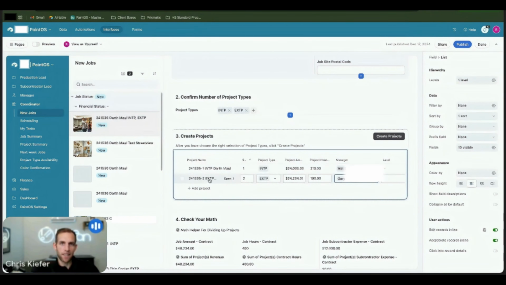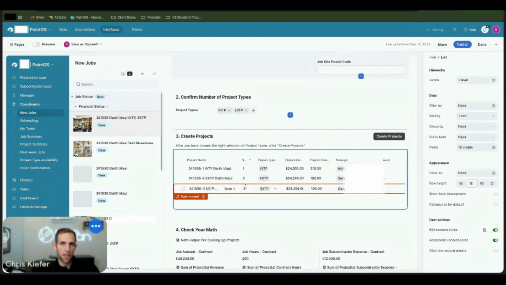Then let's say that the exterior, even though it's one project type, we know is actually going to be 2 phases. The interior is going to happen all at once, and the exterior is going to happen a month apart. Rather than keeping this open on the calendar for a month, because it would have a start date and an end date that's not accurate, meaning there's a bunch of days in the middle where nothing happened but it says that there was, we can add a new project,